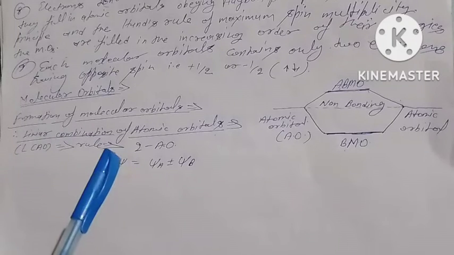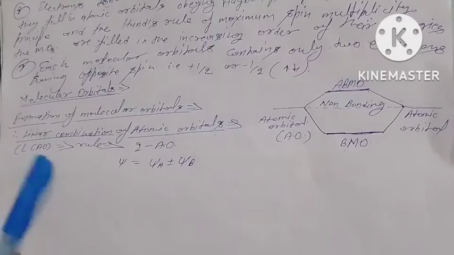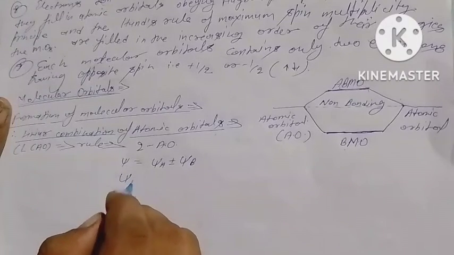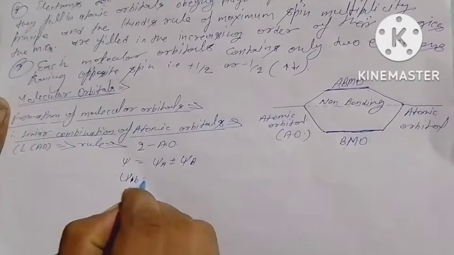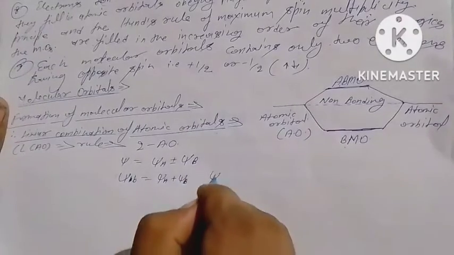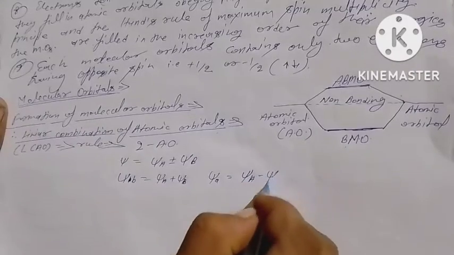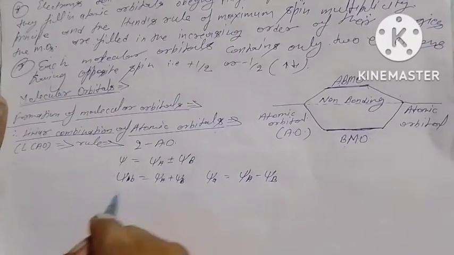One of these molecular orbitals is bonding and is denoted by psi B, and the other is anti-bonding, denoted by psi A. Thus psi B equals psi A plus psi B, and psi A equals psi A minus psi B. The molecular orbital psi B